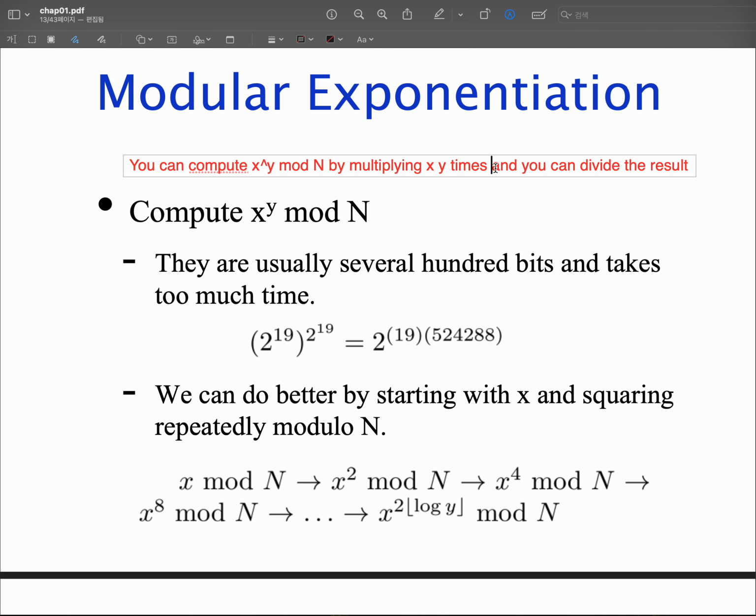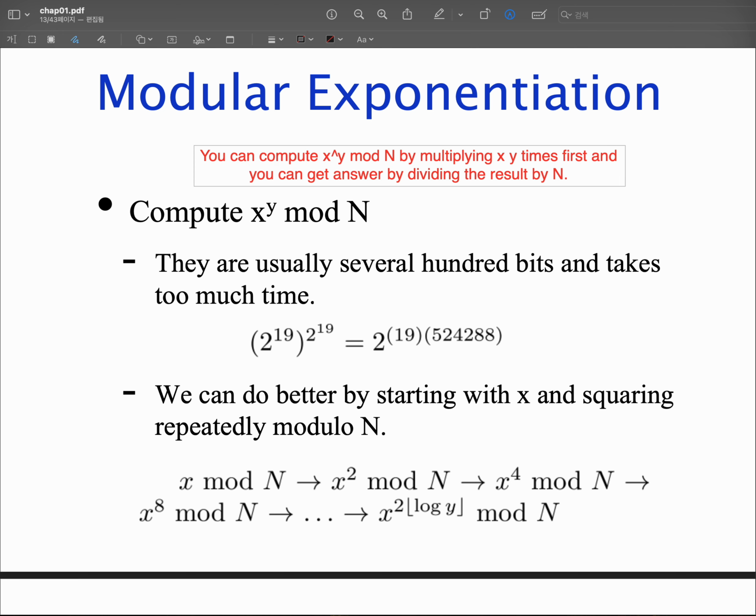Multiply y times first, then you can divide the result by n. Okay, you can get the answer by dividing the result by n. Okay, so you can compute this guy, but the problem is